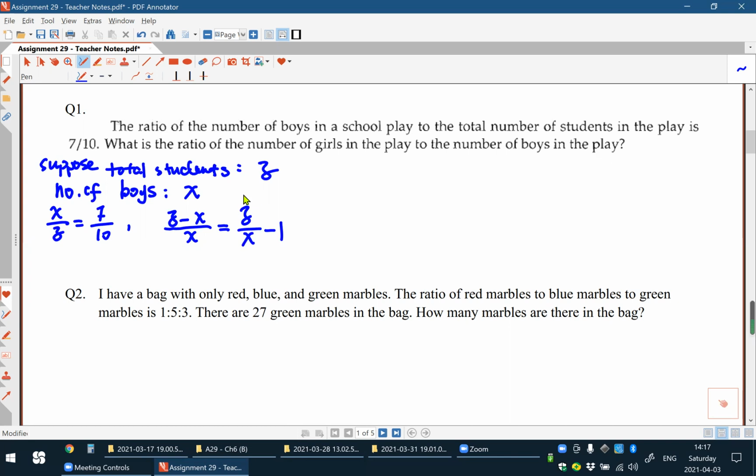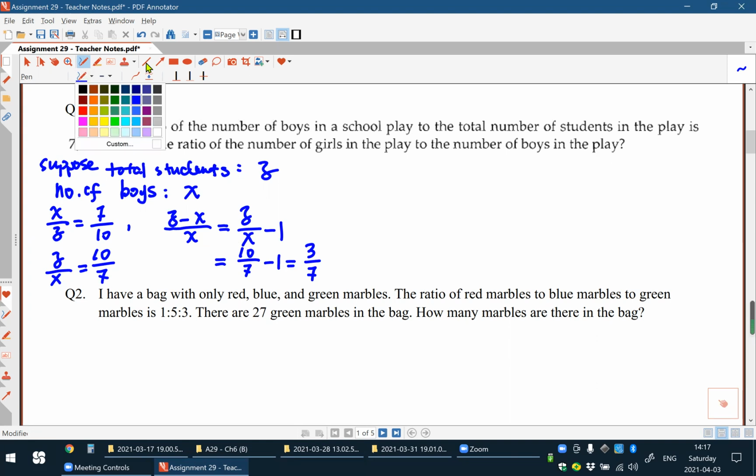Okay, so the key is to calculate Z over X. We know that X over Z is 7 over 10, so Z over X should be 10 over 7, right? So the ratio we want to know is 10 over 7 minus 1, which is 3 over 7, right? Okay, let's see the second method. So this is basically method 1. And the second method,